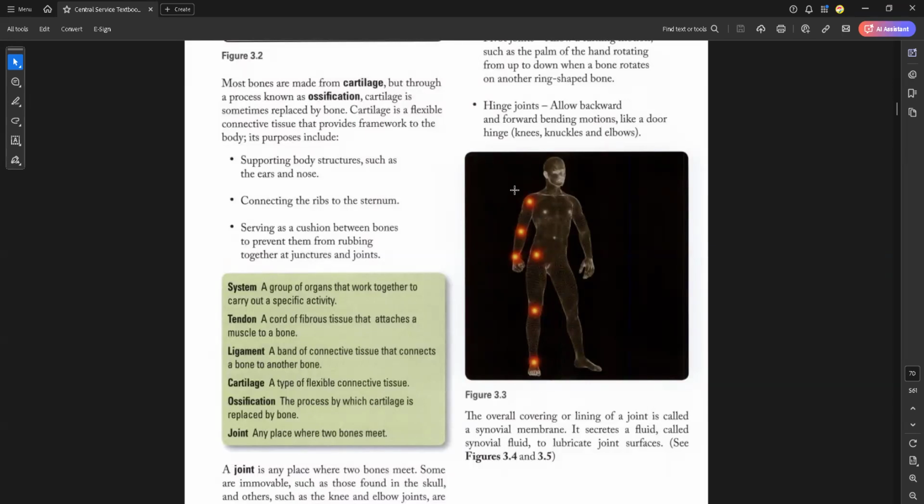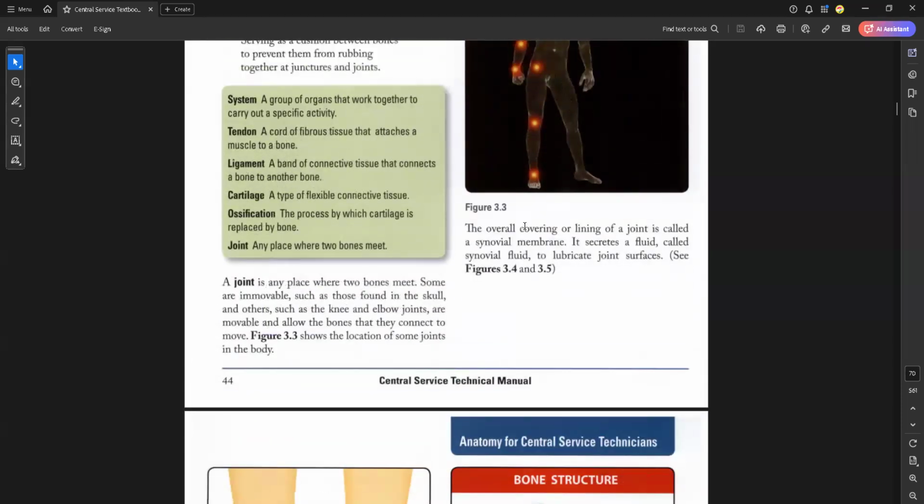Let's look at joint. A joint is any place where two bones meet, of course. So hip joint is one, for example,